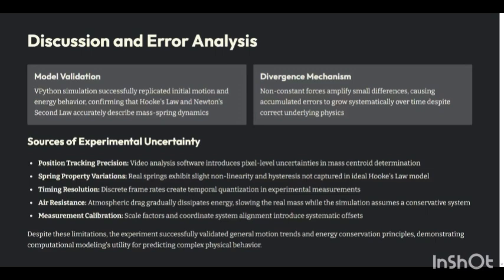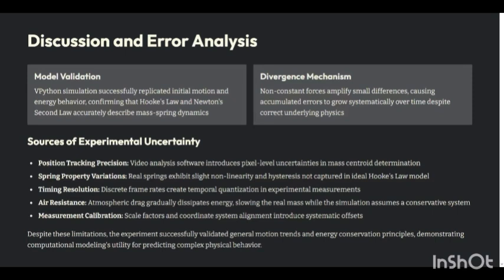forces amplify errors. Some possible sources of error include imprecise tracking of the mass's position, slight variations in the spring properties, time inaccuracies, and air resistance, which is not included in the simulation but slightly slows the real mass. But despite these limitations, the experiment confirmed general trends in motion and energy, demonstrating the usefulness of computational models for